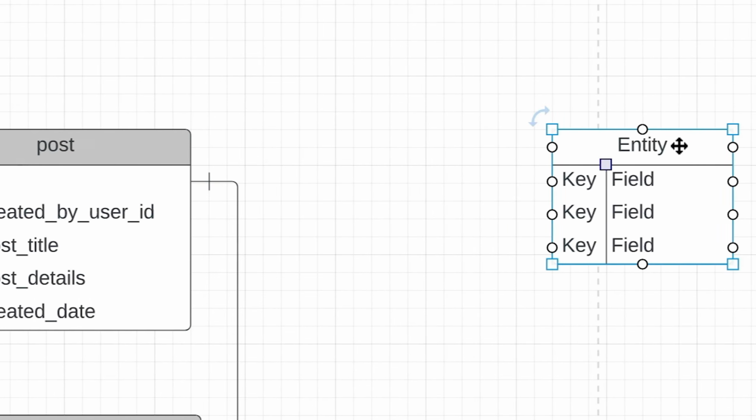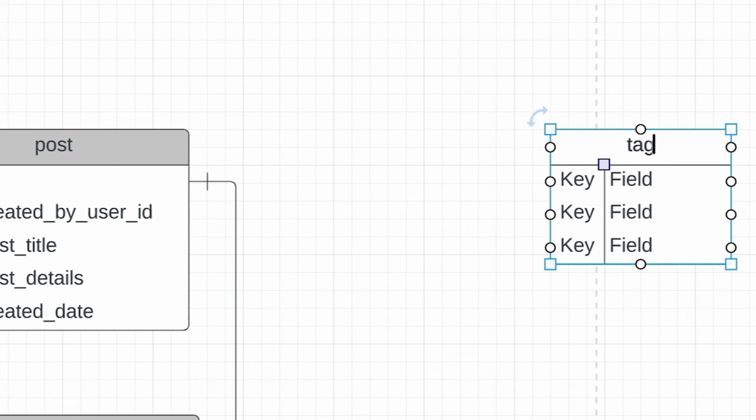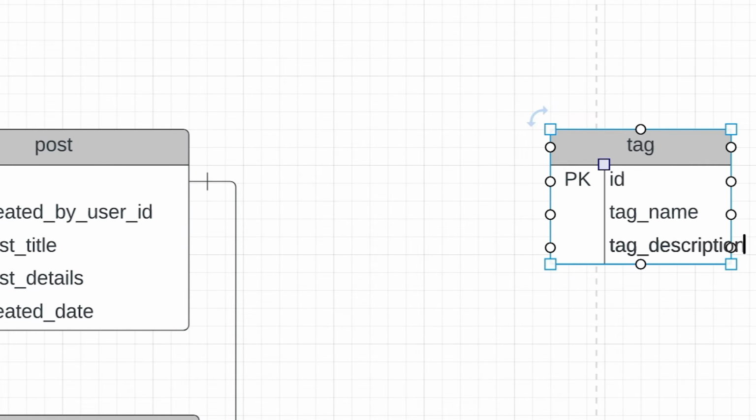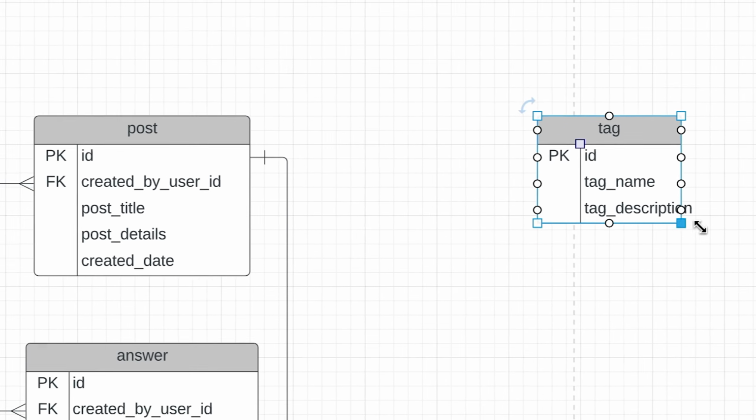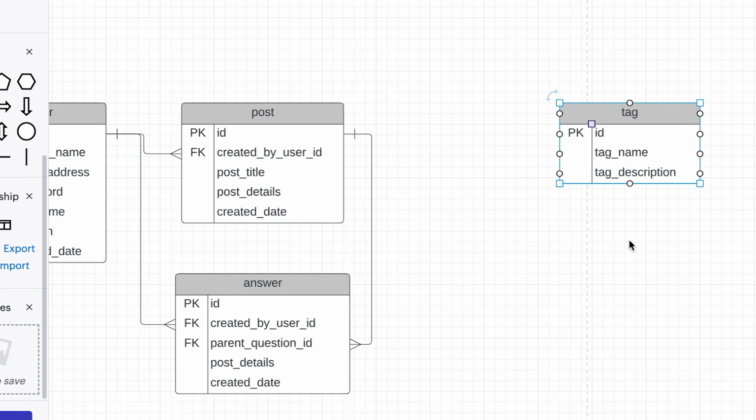We'll create a table to store the list of tags, which we will call tag. In this table, we will have an ID. We'll also have a tag name, which is a short name of the tag and will be displayed on the page. We can also have a description, which can be used to provide a definition of the tag or more information. How can we relate that to posts? A post can have many tags, but a tag can be used on many posts. This means this is a many-to-many relationship.